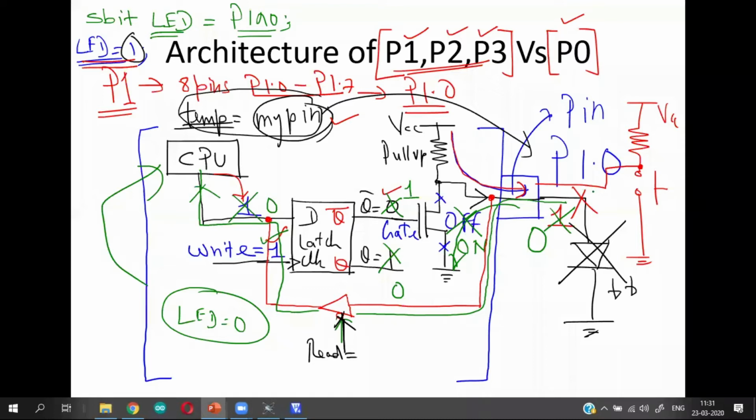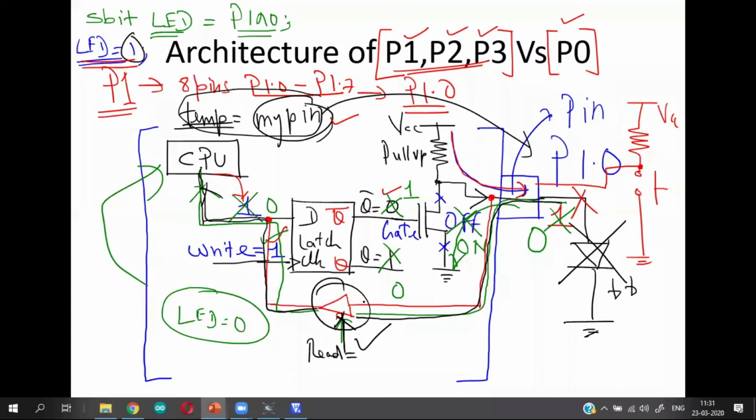See the direction of data flow? From the pin, it enters inside, takes this path, provided this enable is activated, goes to the output and reaches the CPU like this.